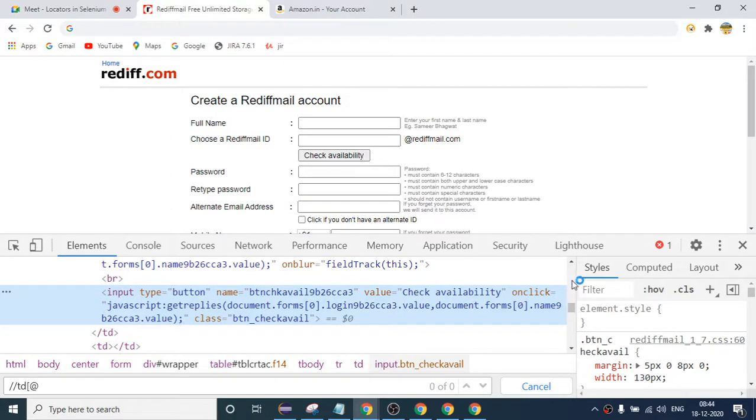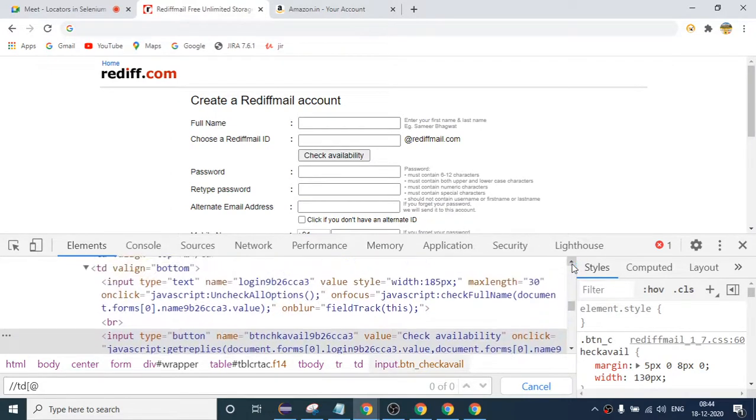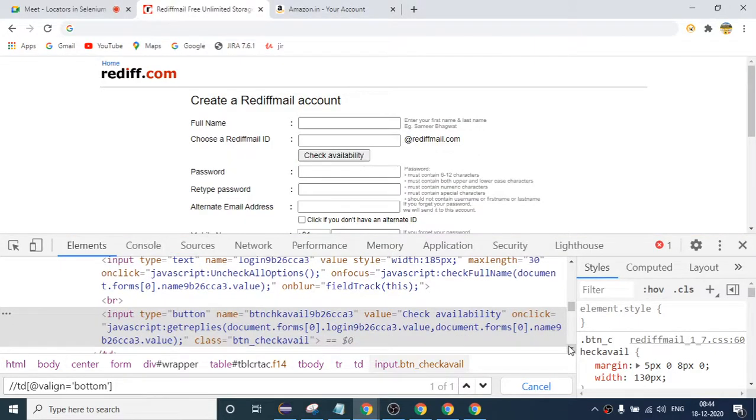What is the parent of this? td, valign is our attribute, equals to this. This is our parent. From the parent I want to come to the child, because I cannot use contains, ends with, or starts with, as the whole value will change every time. So from this parent I come to this input, so I will say slash input.